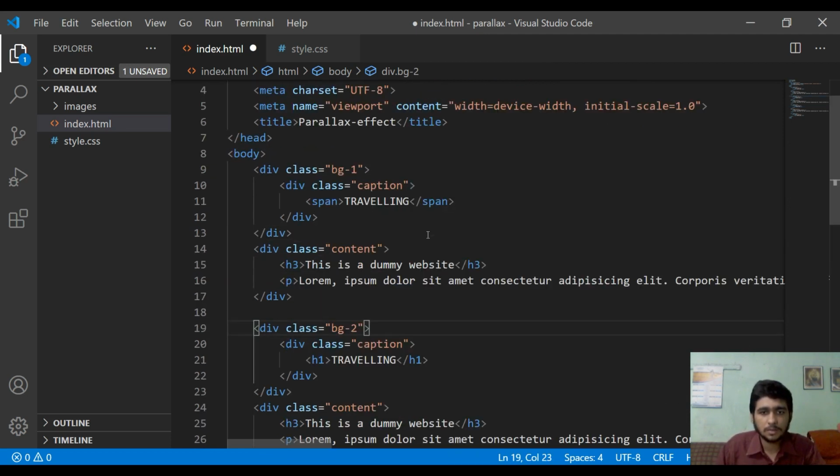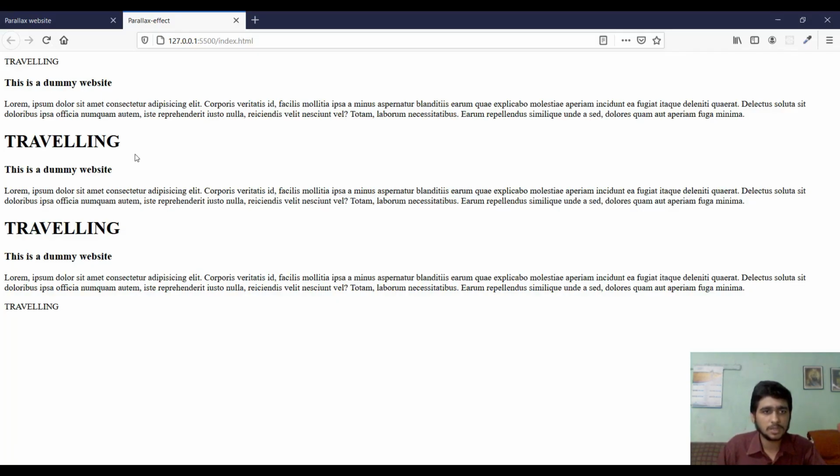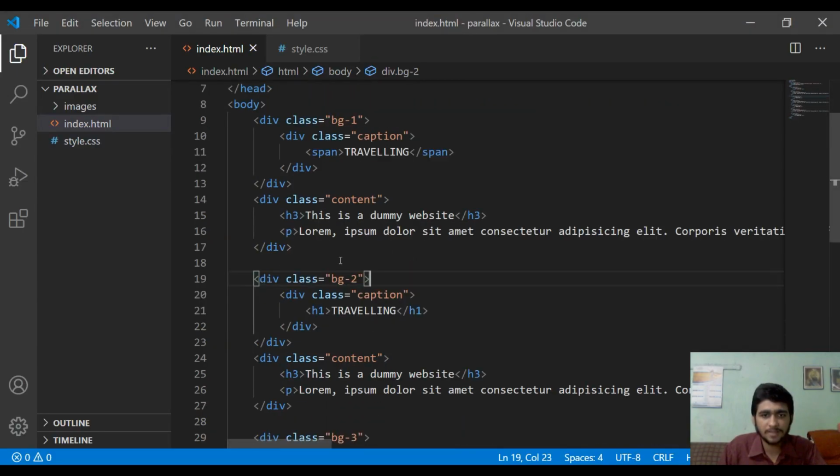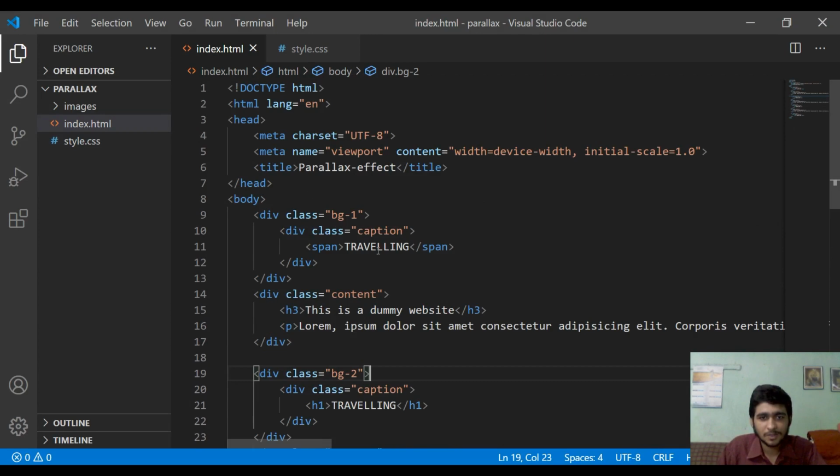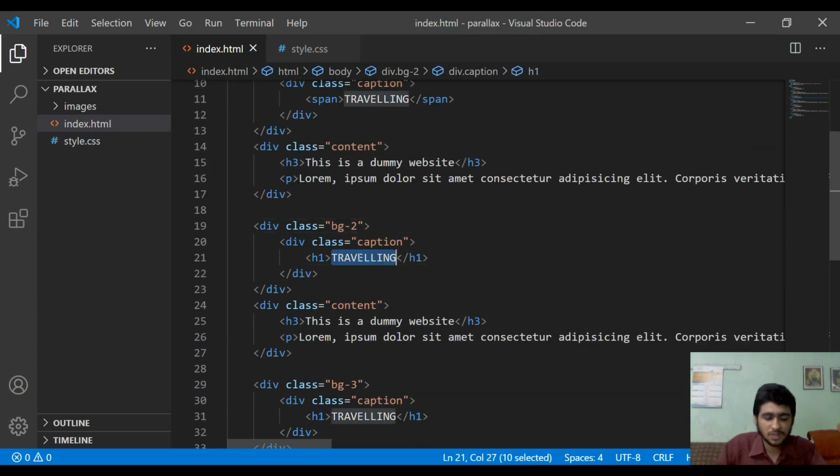Okay, that's it. So nothing much changed, it's all the same, but only these have become a heading 1 element. This caption has become a heading 1 element. We can also change this caption because both are telling us traveling and traveling. So the first one was traveling, the second one we can change here to